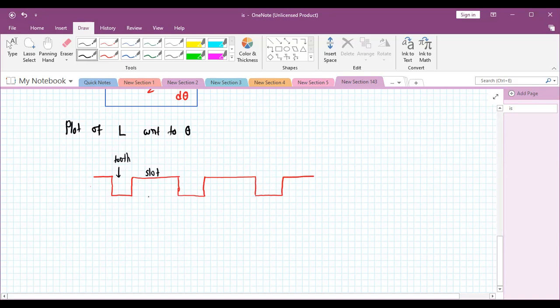Okay, so what is a tooth pitch? We can say up to this here, it is called as a tooth pitch. Yes or no? Okay, because here again the tooth is there, here also tooth is there.